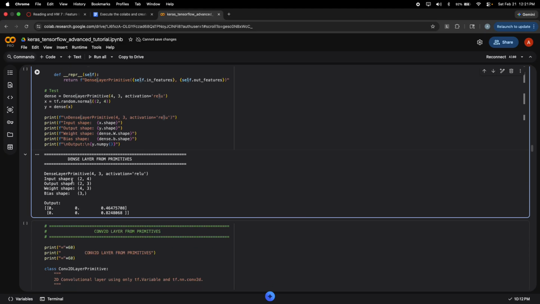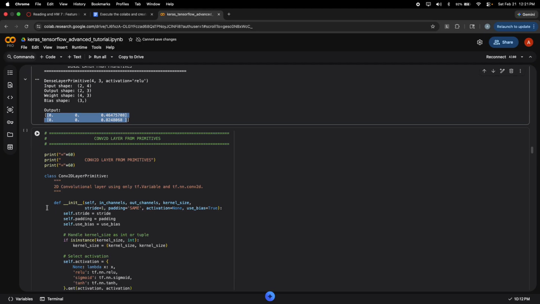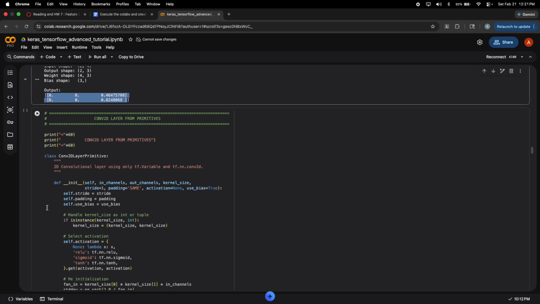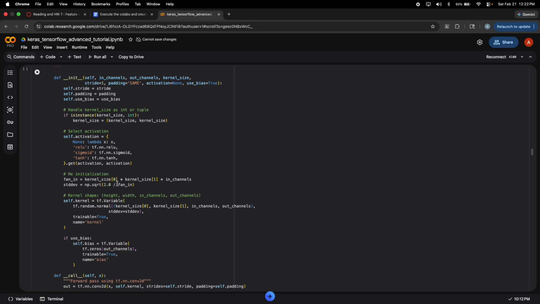and this is what the input was, input shape, output shape, bias, and this, and this we got the value as. Now let's create a convolutional layer from primitives. So again, for convolutional layer we need the in channel, out channel, kernel size, stride, padding, activation, and bias. All these values are passed, they are initialized, and those values are the kernel weights, and